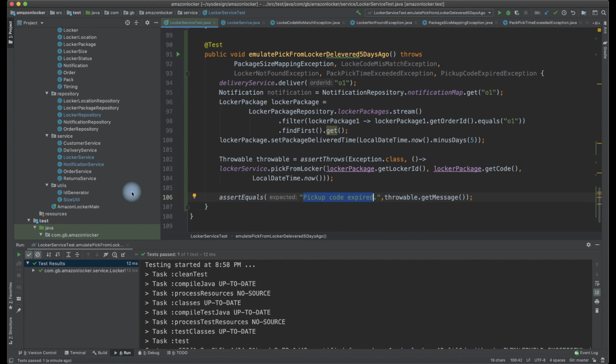We can ask how many average number of users are trying to utilize this locker service, what are the average number of lockers available in a particular country, how fast this locker service is going to grow, and how many users are expected to utilize the service concurrently. These are the things that we may need to ask while we come up with a design.